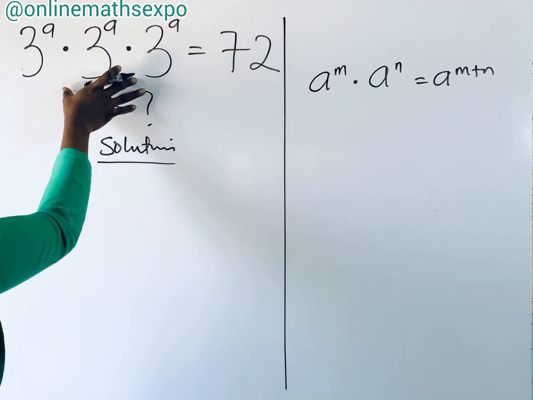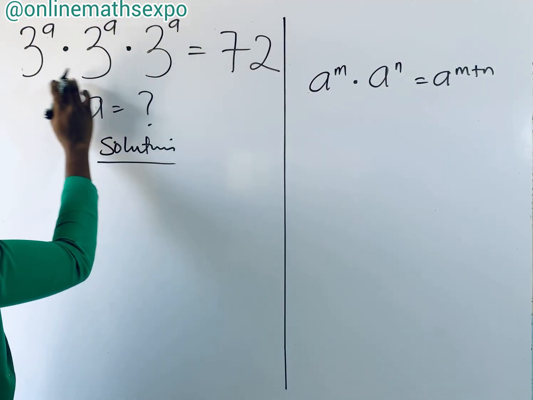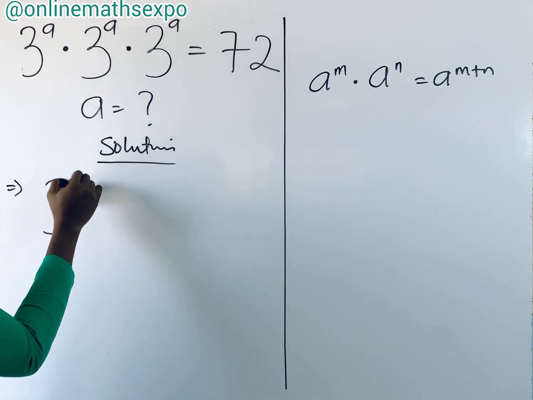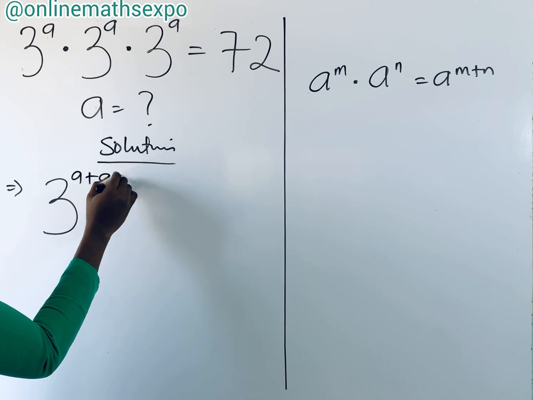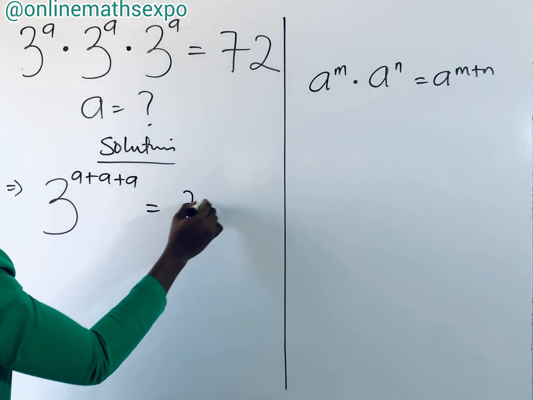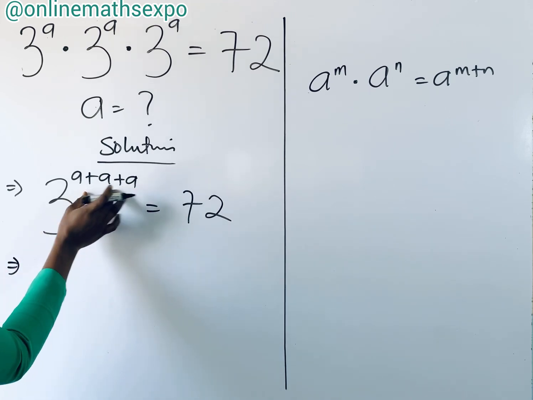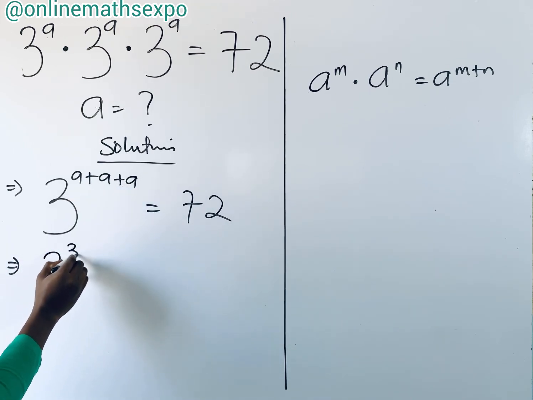Now, to answer this question, you observe that the bases are the same. So we're going to have 3 to the power of a plus a. This will turn to addition, okay, is equal to 72. Interesting. Now we're going to have 3 to the power of 3a